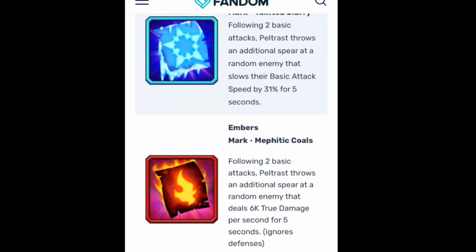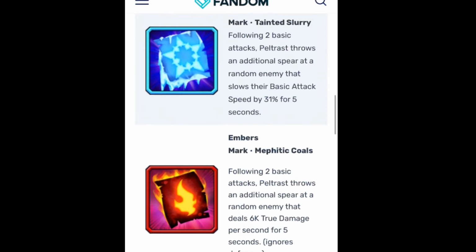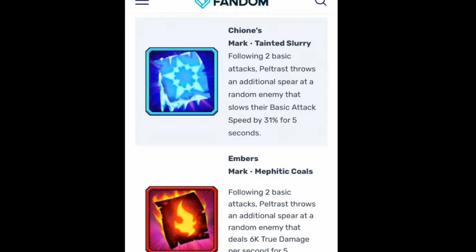So that's a total of 30k damage directly to their health without any defenses. That's good. I think Amber is probably going to be a little bit more useful, but Ice may be useful against a boss. Other than that, I don't think he will be useful in PvP, because